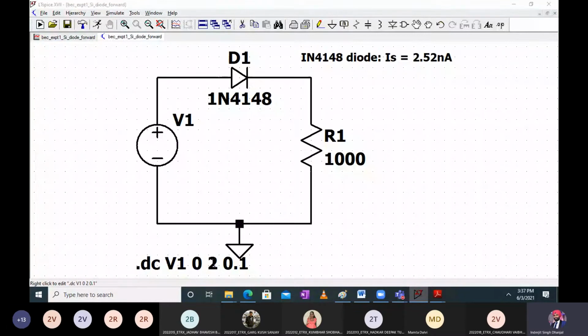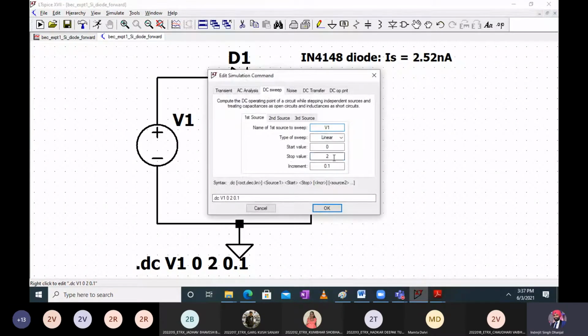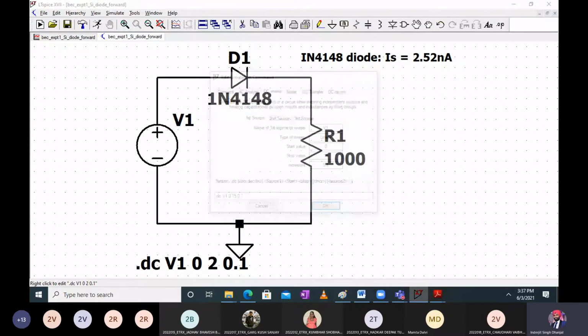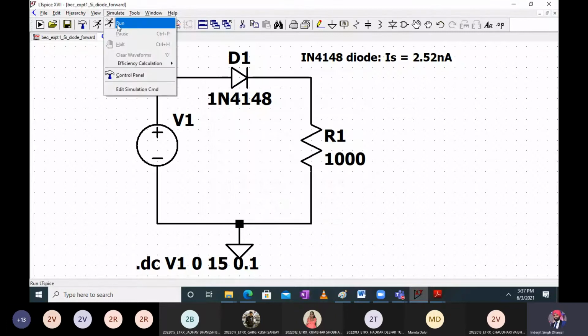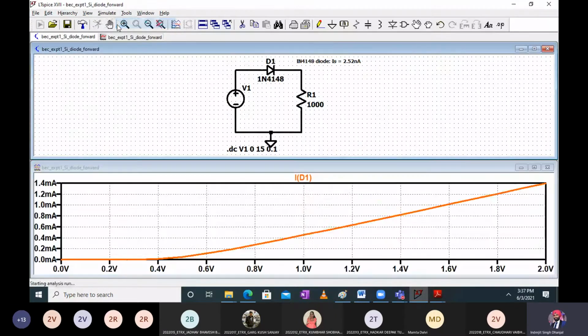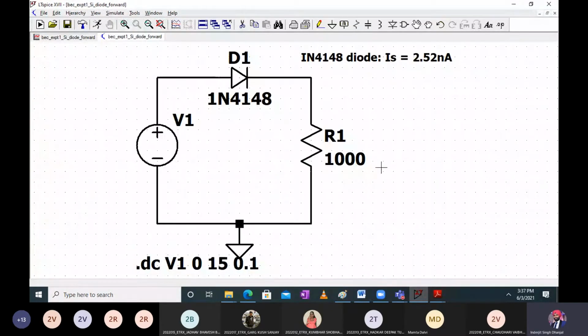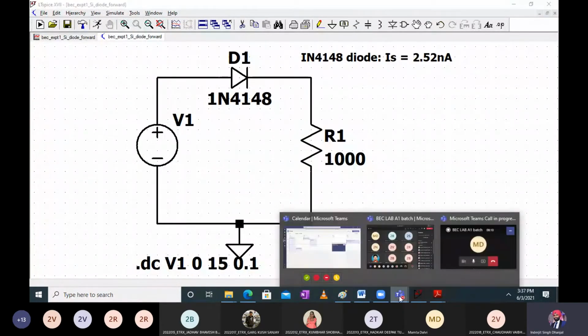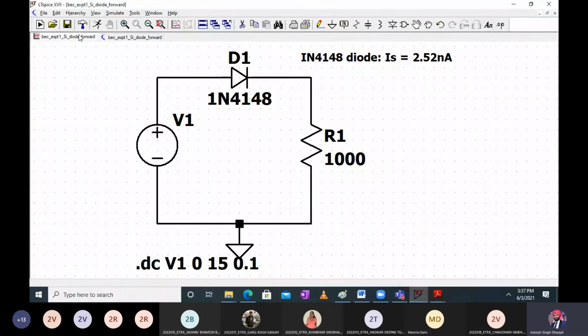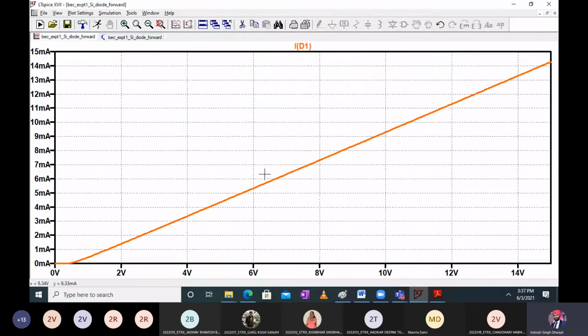So we have to go to the original limit of 0 to 15 and again simulate. Yeah, someone was saying something. Do you have a doubt? No, sir. Okay, okay. So do this much, you are getting these characteristics, correct?